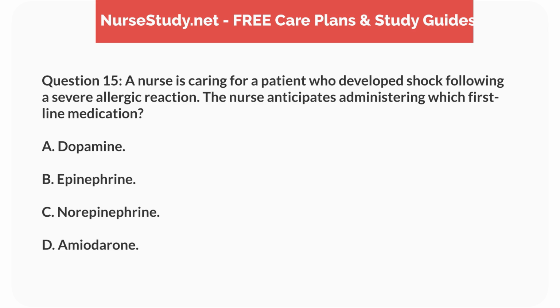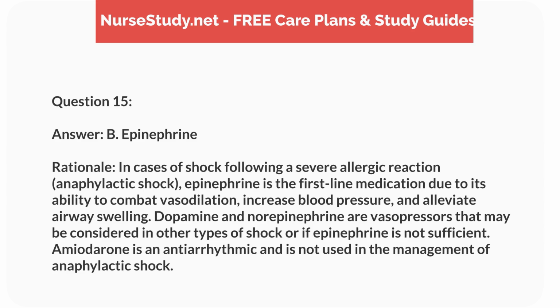Question 15. A nurse is caring for a patient who developed shock following a severe allergic reaction. The nurse anticipates administering which first-line medication? A. Dopamine. B. Epinephrine. C. Norepinephrine. D. Amiodarone. Answer, B. Epinephrine. Rationale: in cases of shock following a severe allergic reaction, anaphylactic shock, epinephrine is the first-line